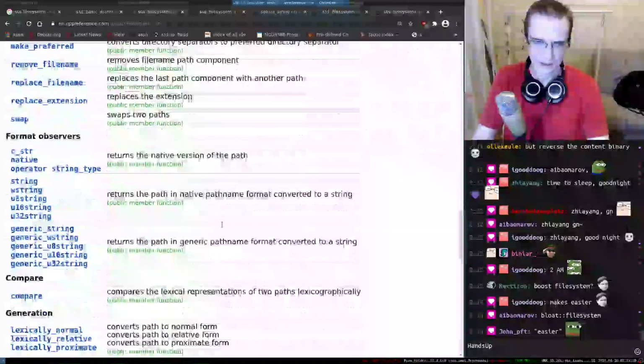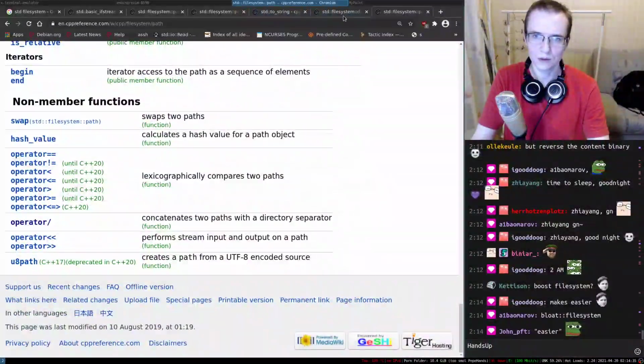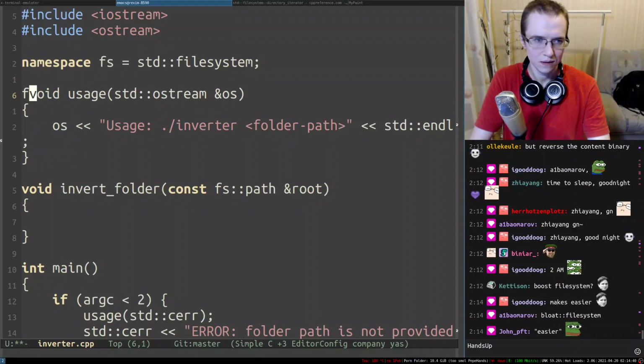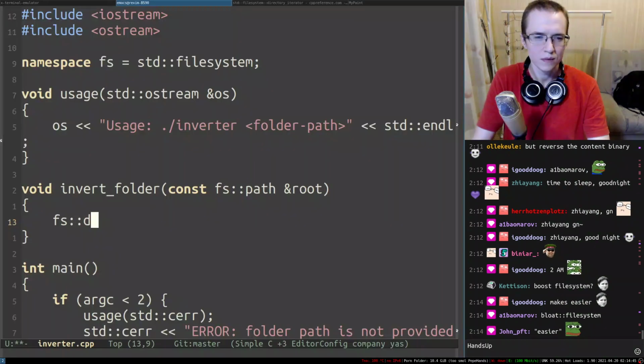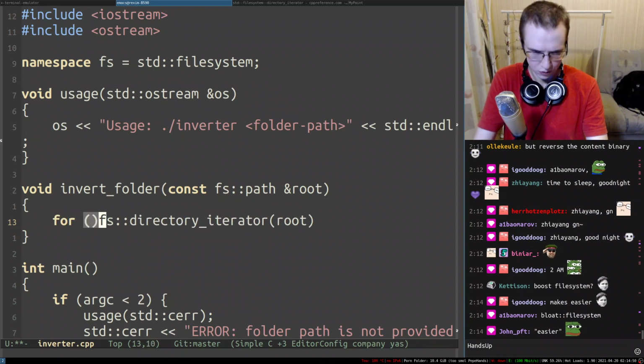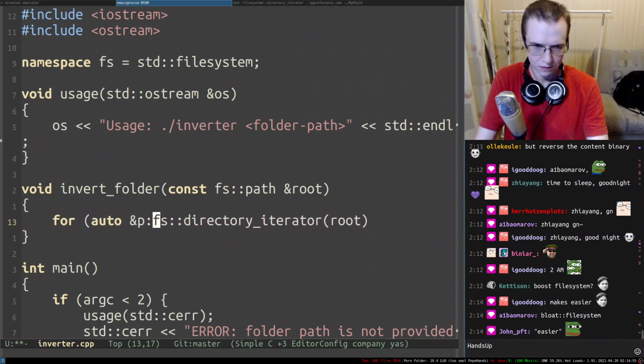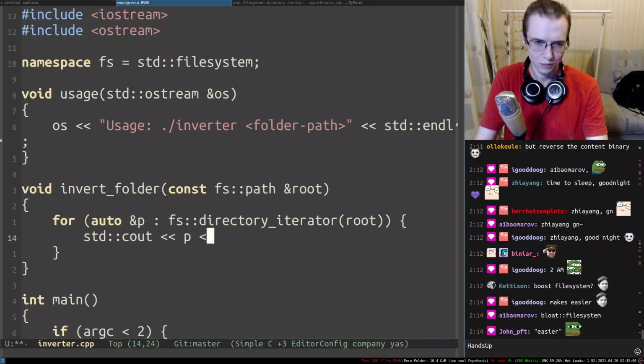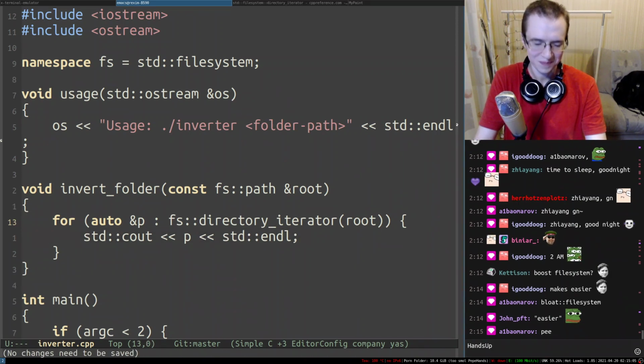I think I'm looking at the wrong thing. fs directory_iterator, for auto p, I want to just do std cout p. And p stands for